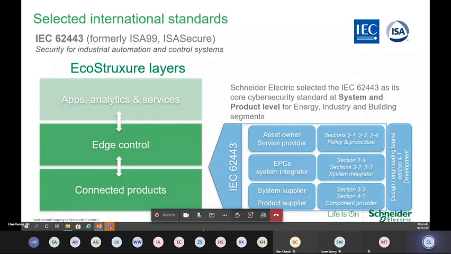A very common topic: if we do not stress the standards that we are following, it doesn't do justice to our cybersecurity team. So in Schneider Electric, we follow IEC 62443. Now, I'm not able to tell you what IEC 62443 is because I've not read the specification, but I'm pretty sure that in the IT world today, or in any industry today, IEC 62443 is one of the most recognized cybersecurity standards adopted by the market. I'm proud to say that in Schneider Electric itself, we do follow IEC 62443.